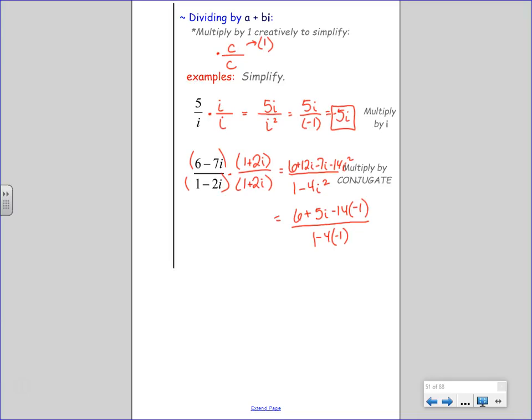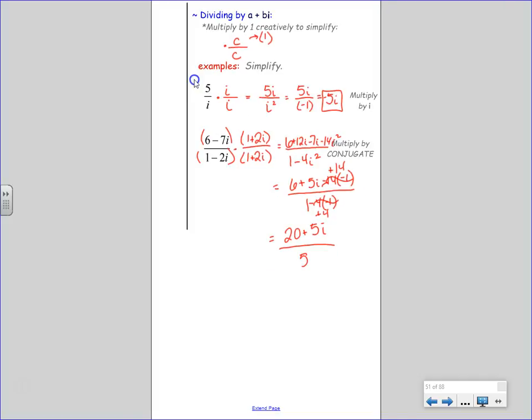Then I can break it down and say, negative 14 times negative 1 is a plus 14, right? 6 plus 14 is 20. Plus 5i. Negative 4 times a negative 1 is a plus 4, right? 1 plus 4 is 5. Better. The imaginary is gone. We can go further because it's over 5. So